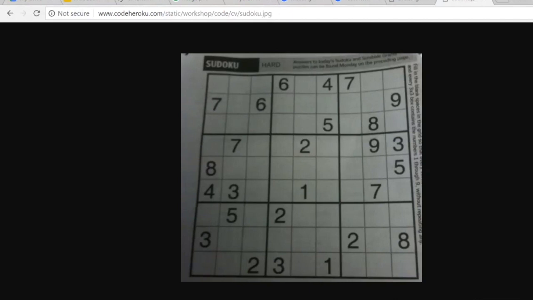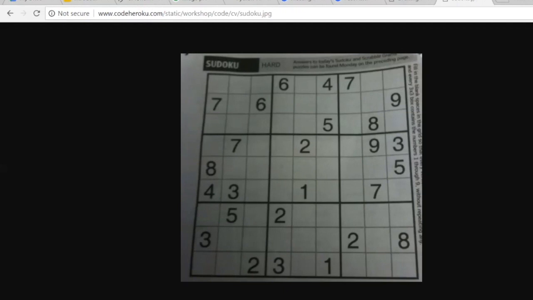We would rather have just these pixels, the boxes where we don't have these numbers and the boxes where we have these numbers, as black and white images rather than a grayscale image, because the depth information is no longer useful. Grayscale images are generally useful if you are trying to deal with a 3D image. Let's say if I'm doing face recognition or hand gesture recognition, in those cases, maybe the depth data might be useful. So I might use a grayscale image there. But for an application like this, where we are just working with a 2D image of a Sudoku, we don't really want the grayscale image. We would just want to convert this to a black and white image.